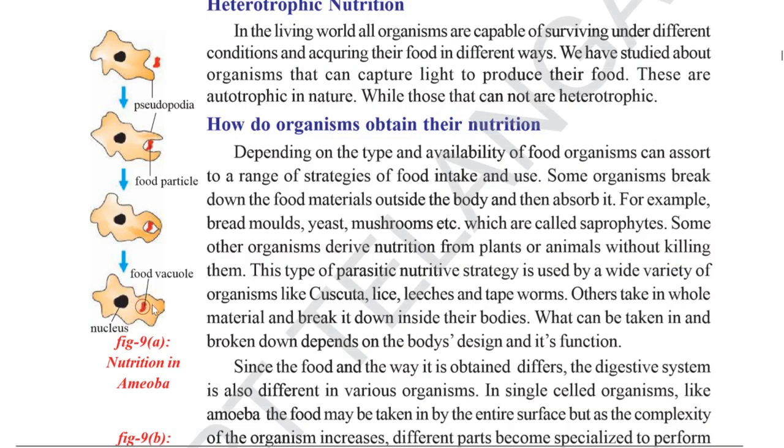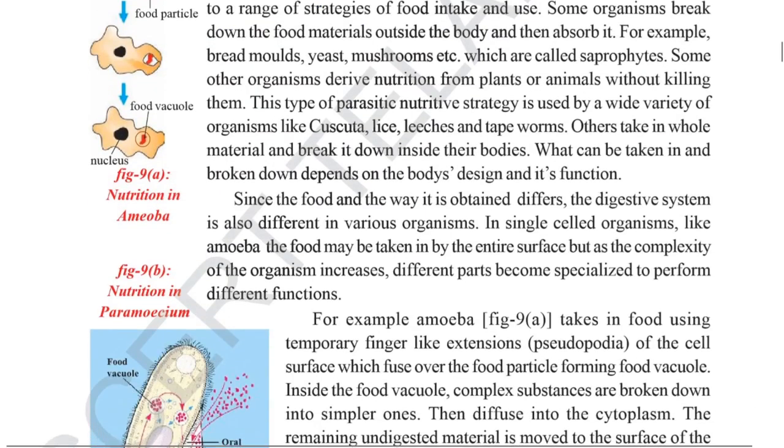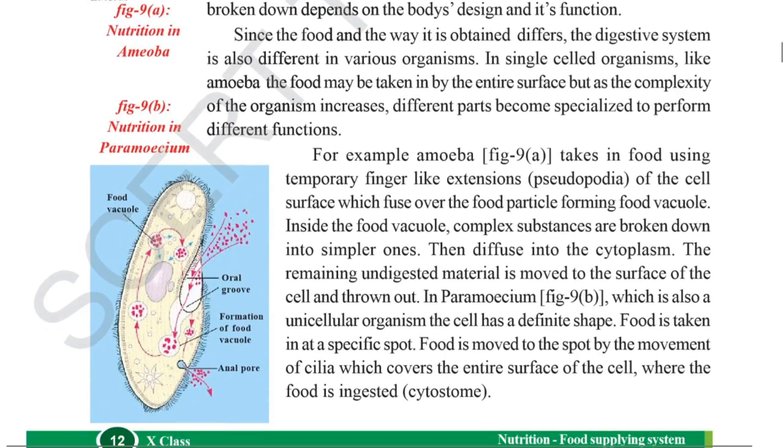and it takes them inside the body and breaks down the food inside the body, and whatever wastage is left over, it will just excrete out of the body. Whereas another nutrition takes place inside the paramecium, which has a definite shape, and all over the paramecium cilia is present, and it has a particular mouth-like oral groove, from where it takes food material,